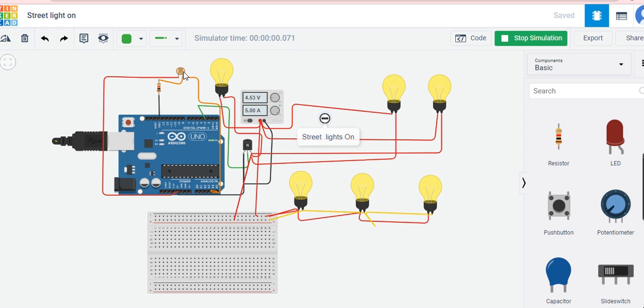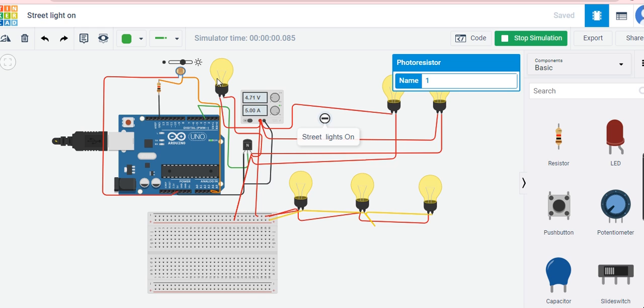the lights will become automatically off. So see here, they are becoming off. Okay, the lights are off. The simulator is slow, so that's why it is taking time. Then the lights became on again when it crossed this threshold. So we have set a limit. You can set how much ever darkness you want.